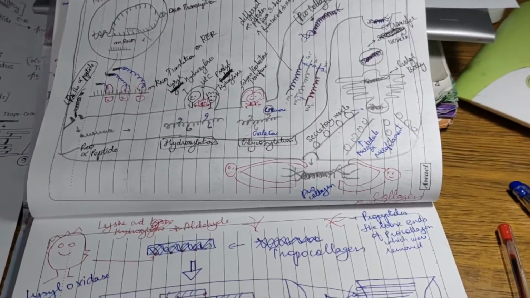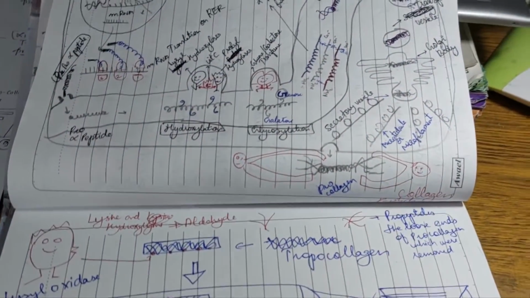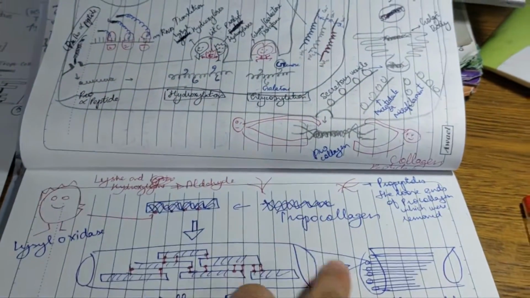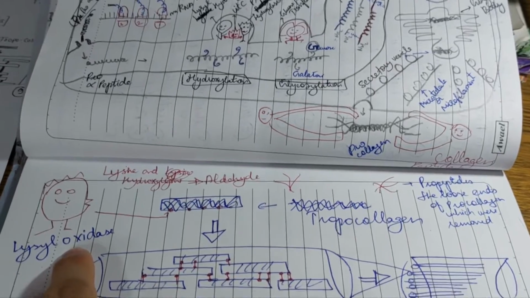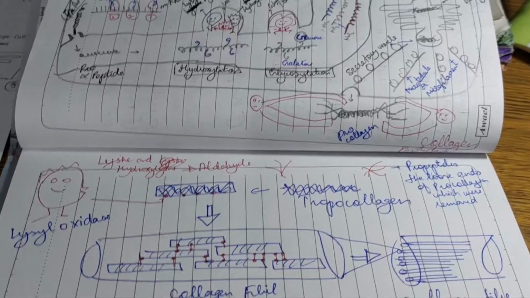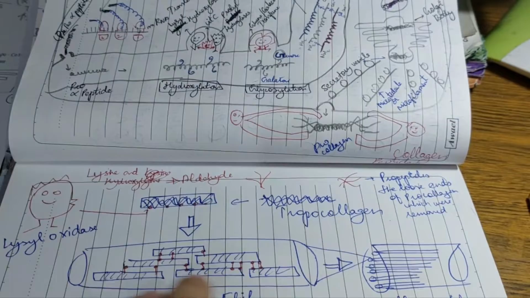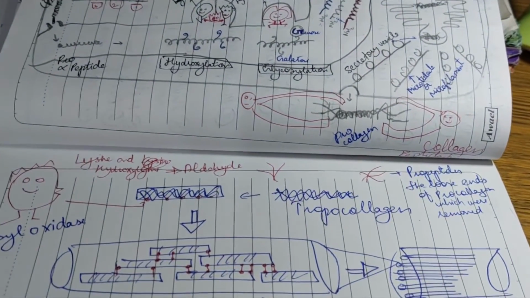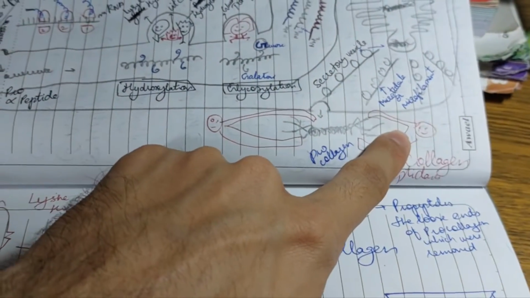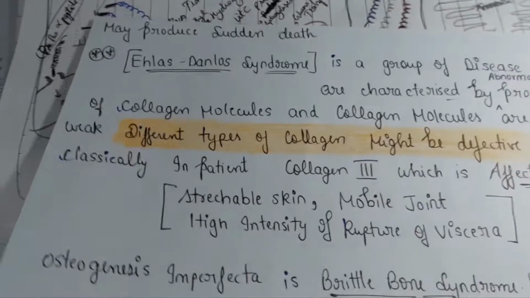Now we can discuss some diseases associated with the extracellular mechanism of collagen synthesis. If there is a problem with the enzyme collagen peptidase or lysyl oxidase, either their DNA sequence has been mutated, or some other problem, or they are dysfunctional, then the collagen formed up to procollagen will be normal, but after that the further processes will be disrupted and we will eventually have weak collagen. So if either collagen peptidase or lysyl oxidase has a problem, we can have the disease